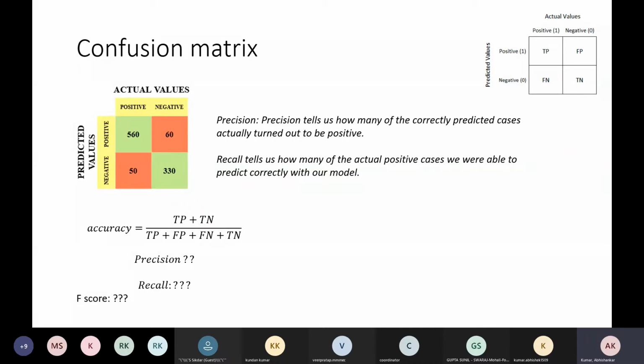So once you have got your confusion matrix, you can define what is precision and what is recall. Precision tells us how many of the predicted positive cases actually turned out to be positive.